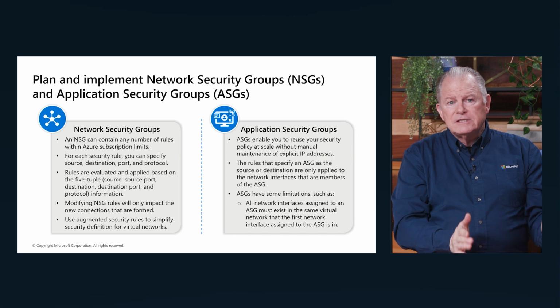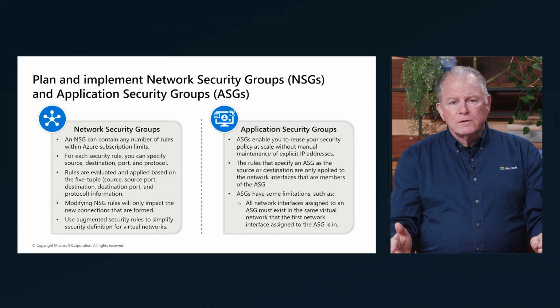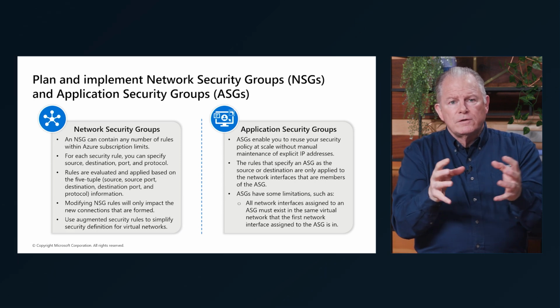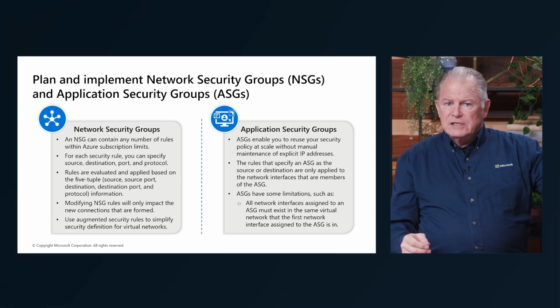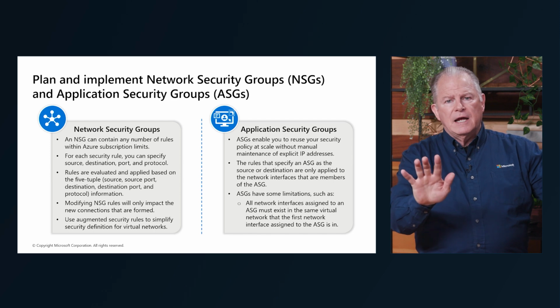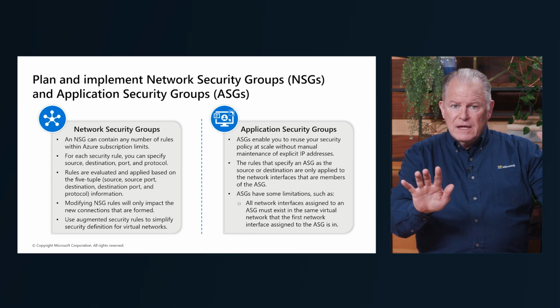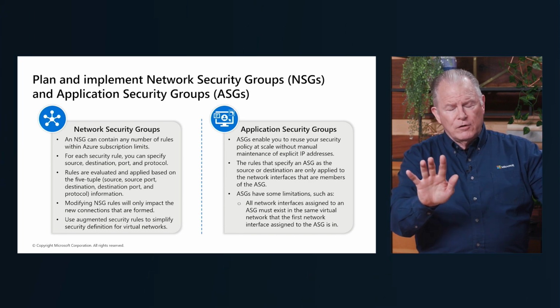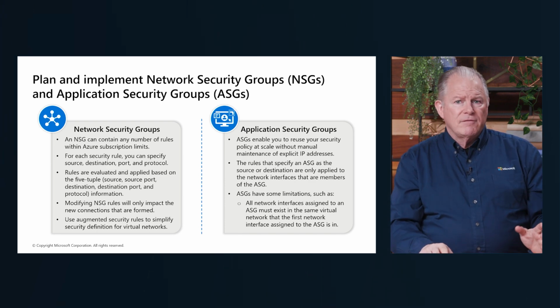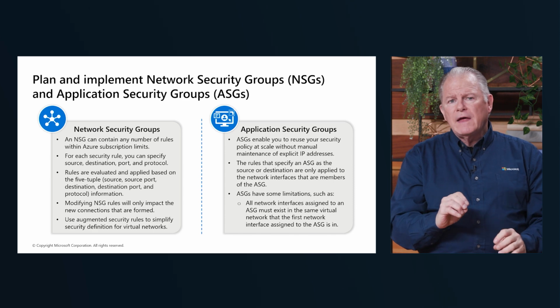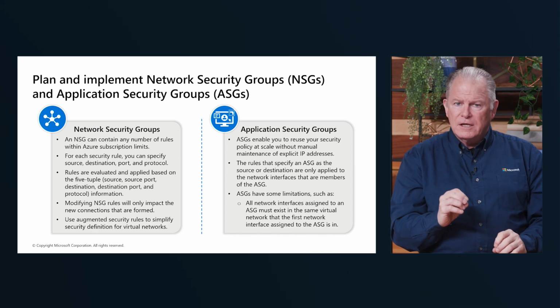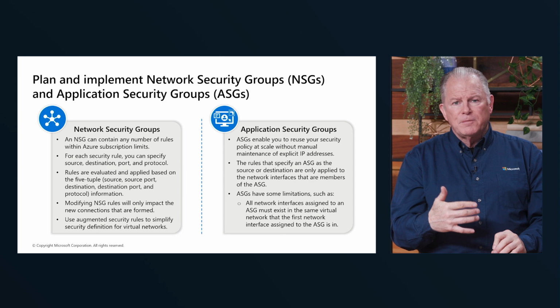Now, after the NSGs are applied, you then also apply the application security groups. So it's a merger of the two of them. If the NSG stops the traffic, it will never get to the application security group to allow it. Now, if it gets through the NSG, but then the application security group stops it, you're going to have that traffic stop. So make sure you have that order of operations properly configured, because I've seen environments before where somebody